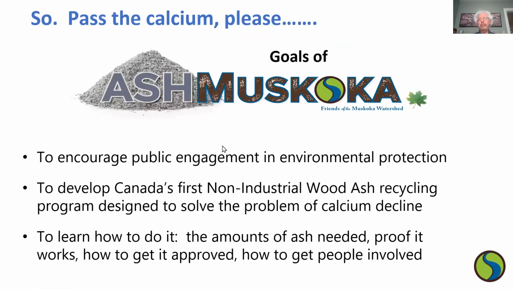So we launched the Ash Muskoka project with funding from the Trillium Foundation really just 2 years ago, or maybe, if you allow for COVID interruptions, only kind of a year and a half ago. And we had 4 main objectives: to encourage the Muskoka public in getting engaged in environmental restoration. Trillium doesn't fund research. Trillium funds public engagement for public good. So that's our main goal, to get the public engaged in restoration,